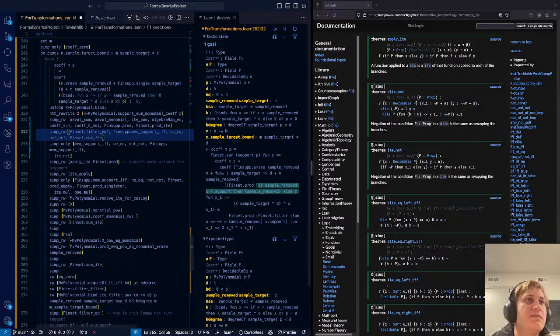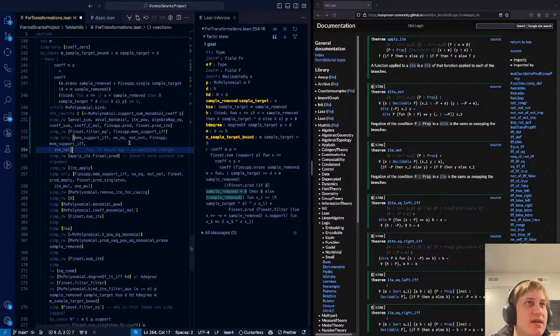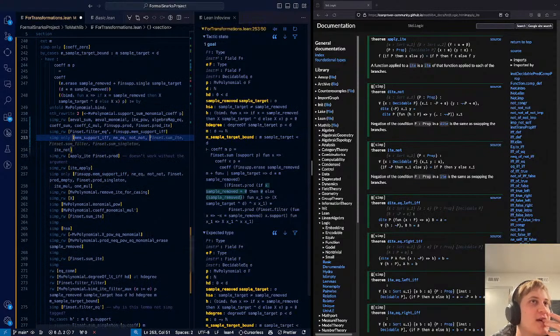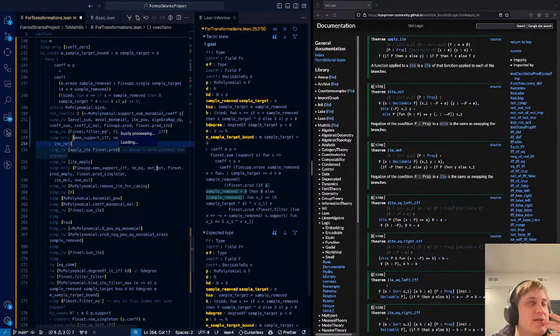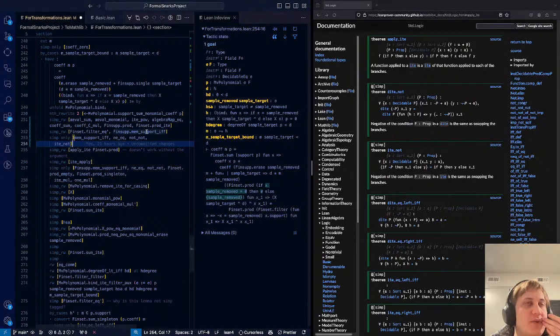What happens if I do this? I think simp rewrite is nice in that it'll fail if any one of the individual things fails. Okay, cool. So now can I delete this? Yeah, it looks like I can delete it. Very nice. Okay. And the question is, what happens subsequent to that?